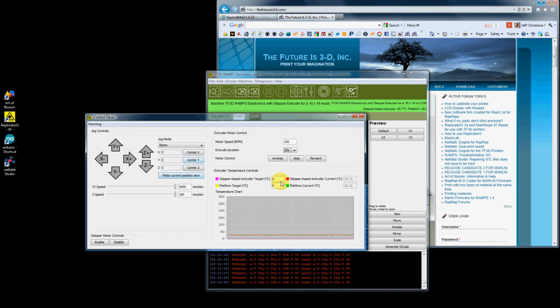Extruder temperature controls. What you're going to do here is when you're getting ready to get the filament ready for your print head, you want to do at least 220 degrees Celsius. You can see to the right that you've got a temperature of 25 degrees Celsius. Right now my machine is not hooked up to any heater, so this is not going to increase. Platform temperature, you want at least 70 for PLA, 110 for ABS. Some people use 150. Our heated build platforms are now capable of